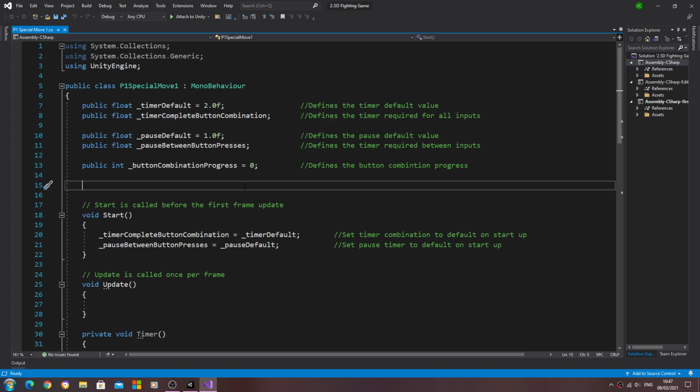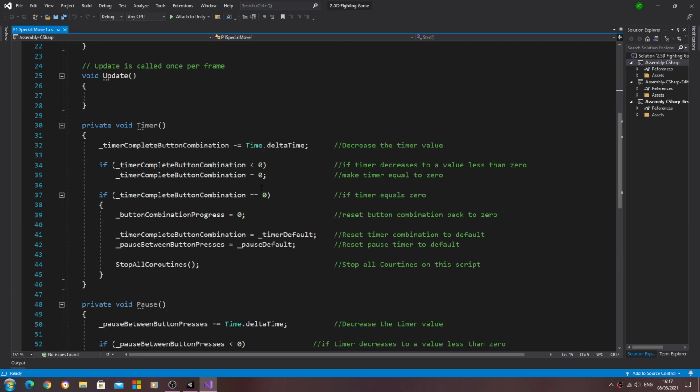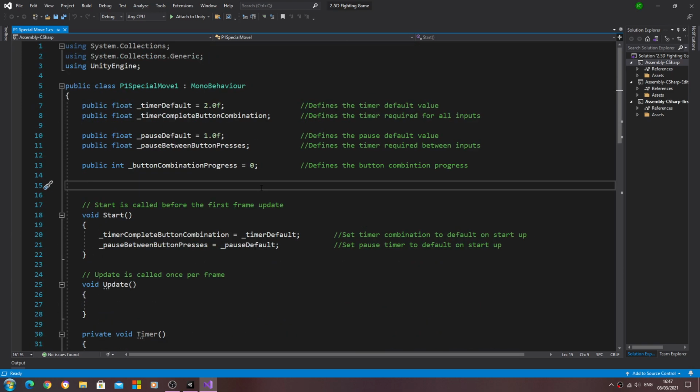So in this lesson we're going to carry on with the first special move script, and we're going to pick up exactly where we left off in the last video. So we've got some of the basics in place, and we're going to start by creating a new variable. This can be private. I'm going to make it public just for testing for now. It's going to be of type string array